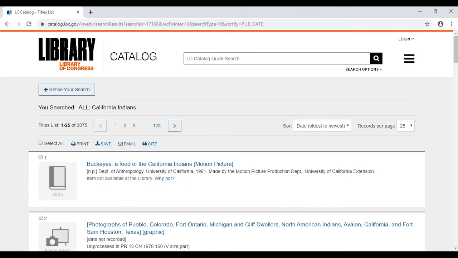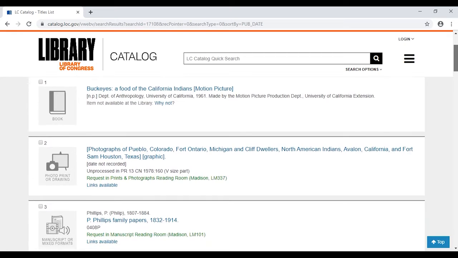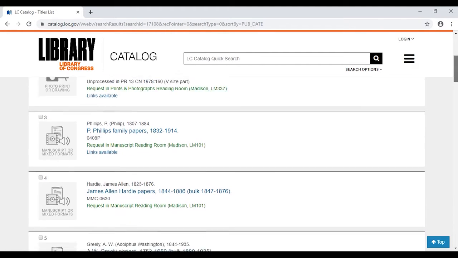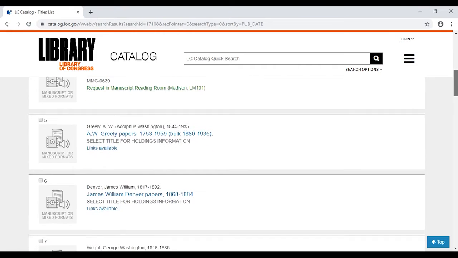So let's see if that works. Let's try it again. There we go. So it's still showing a book at the top, but you see materials from the photographs, and here, this is the symbol for manuscript or mixed formats. And we see the P. Phillips family papers, the James Allen Hardy papers, and other manuscript collections that have the words California and Indians in it. There's a better way to narrow your search and to filter just to get the Manuscript Division